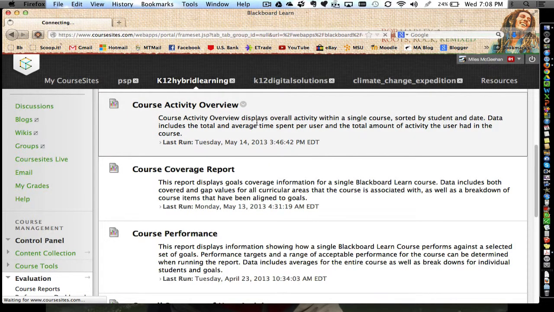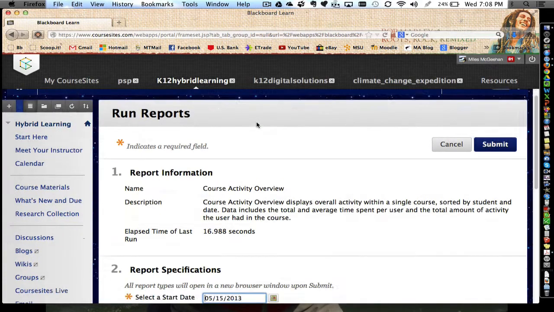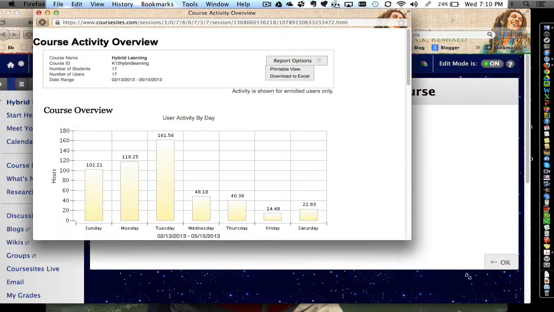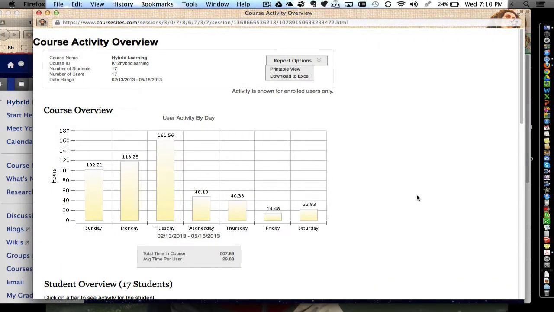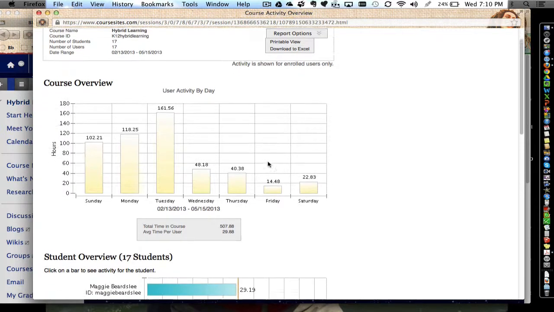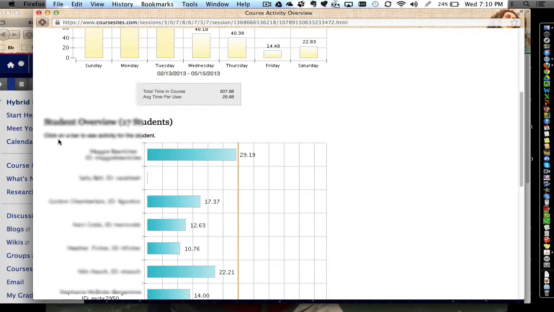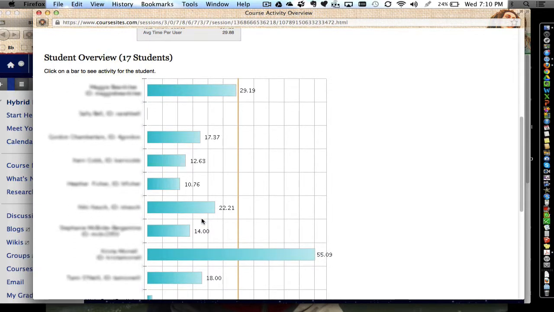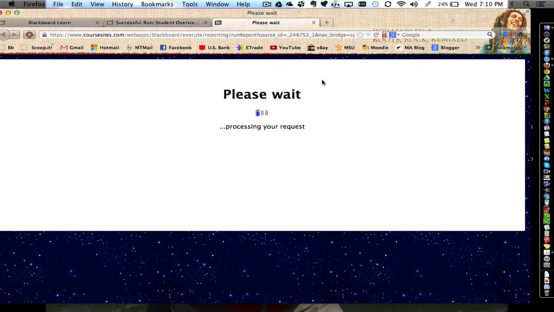I do like the Course Activity Overview as well. So the Course Activity Overview is a pretty slick report. It's kind of interactive actually. You can scroll down, and this actually asks that if you want, you can click on the bar to see activity for a particular student. So by clicking on the bar, another report pops up for that particular student,